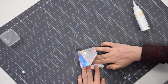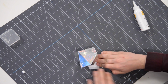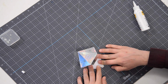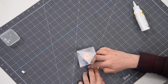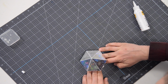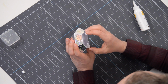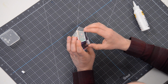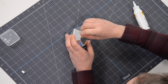Okay, let me press that down. Let me use my table again. Anytime you can use your table like this, you definitely want to, because it will prevent any bending or creasing of the piece that you're working on, and it just makes everything a lot quicker. Okay, so that looks good. It's in. We'll pop these little flaps in, and then we're gonna just put our little Velcro dot right here,